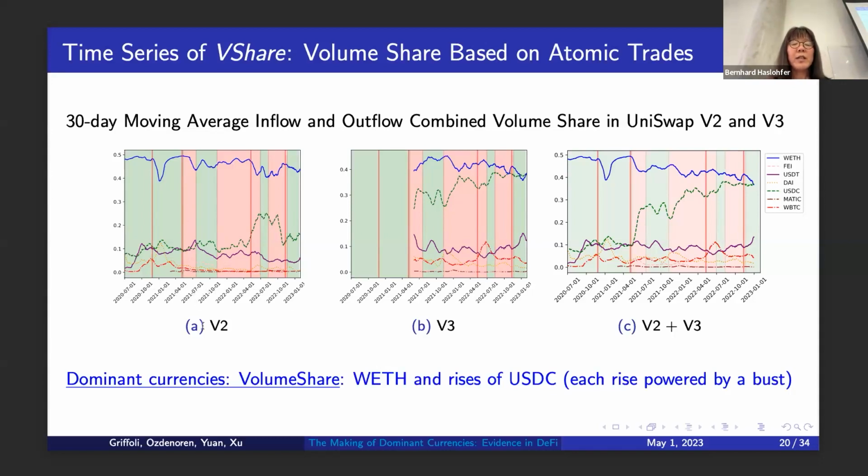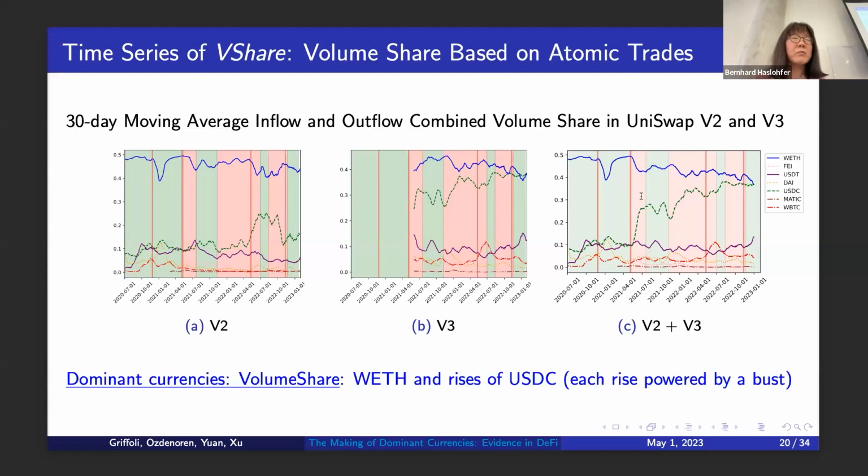You can see in Uniswap V2, ETH has a clear dominance, and this status doesn't change over time. When V3 is introduced, the USDC obviously is competing with ETH. If you combine the two, you see even a clear pattern, which is